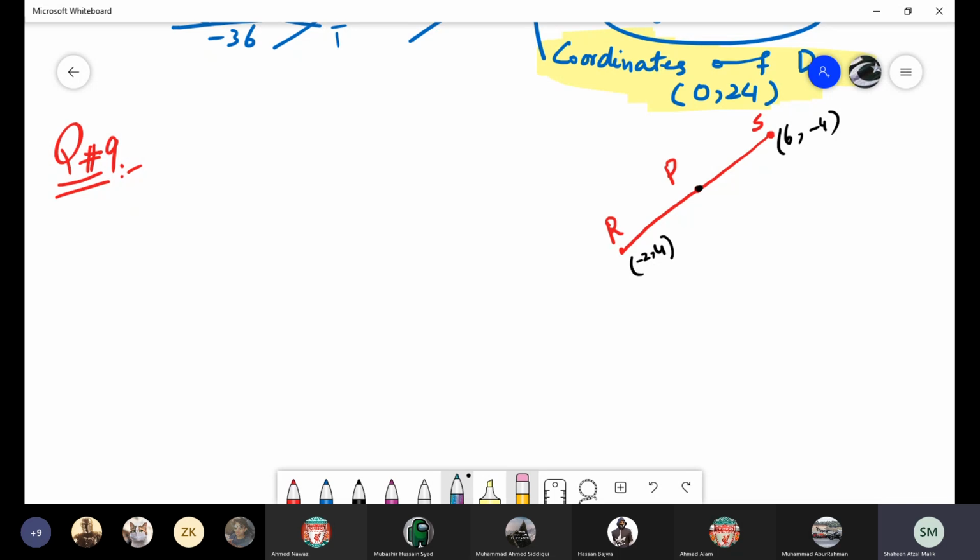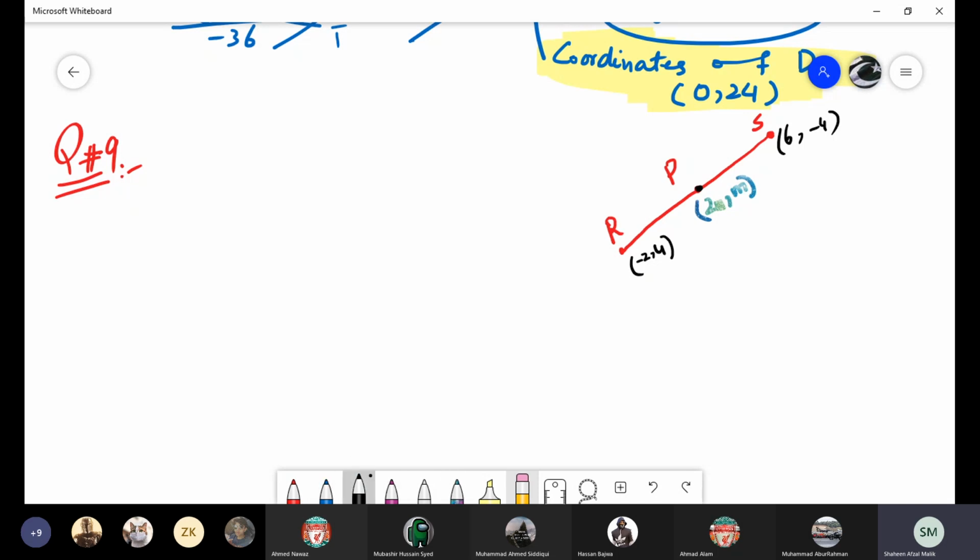Because nothing is mentioned, we will suppose that the point P is having the coordinates where y is, I am supposing, m. So what will be x? He said that x coordinate is twice its y coordinate. If it is twice, it will be 2m. Not m square. Twice means 2m. When we are talking about twice or thrice, it will be 2x or 3x. Because it's twice, it will be 2m.